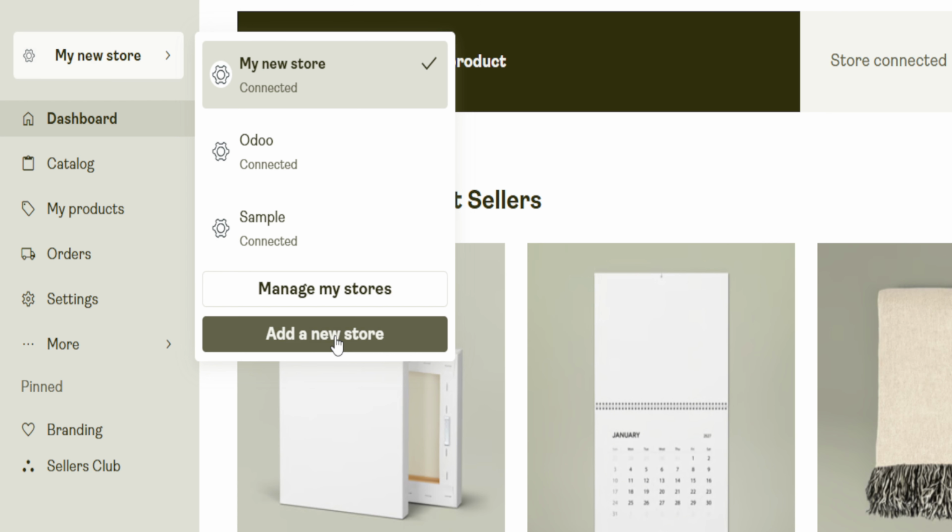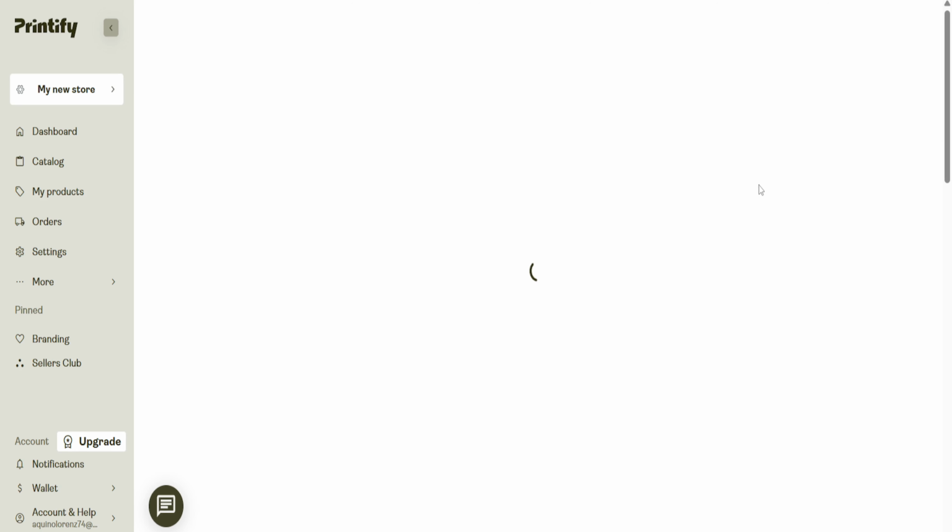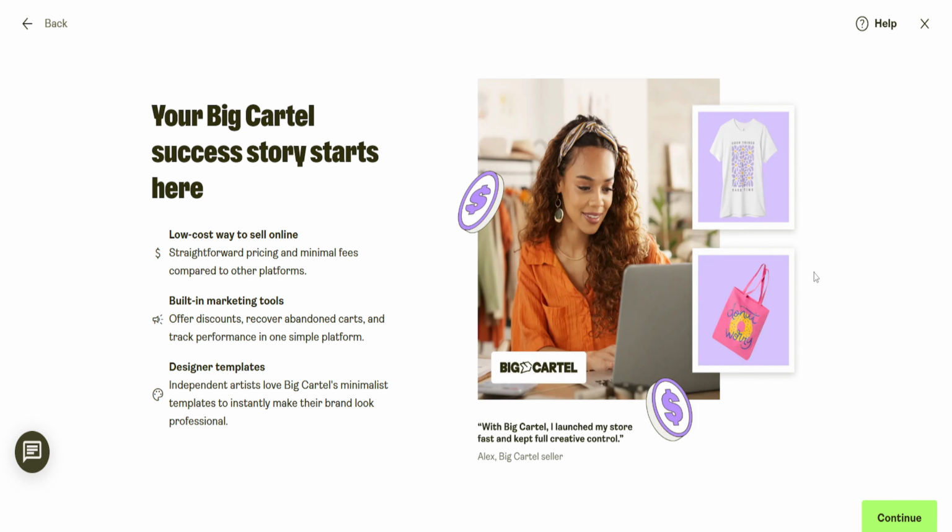Printify will now show you the available store platforms you can connect. Find and select Big Cartel. This tells Printify which e-commerce platform you want to integrate with, so it can sync products and orders with the